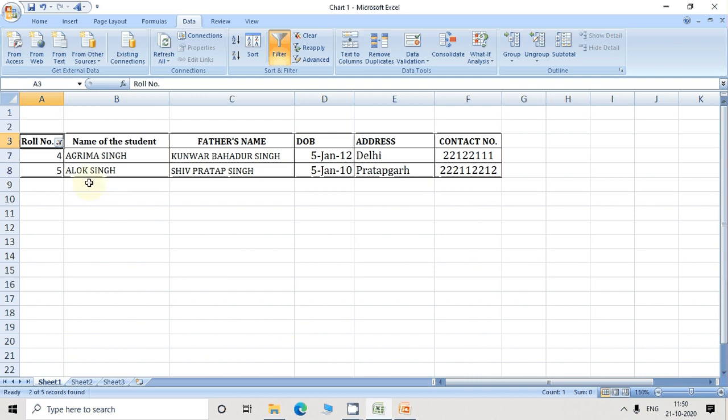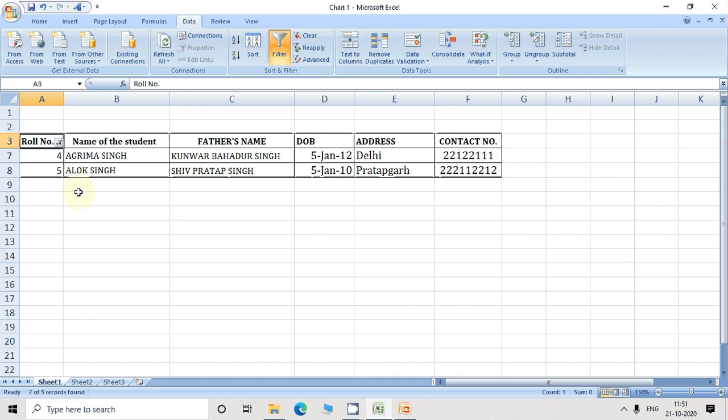So you get the roll numbers 4 and 5 and the details of those students whose roll numbers are 4 and 5, which is more than 3. So in this way a filtered list will appear with a filter sign on the roll number heading. In the roll number column you see this filter sign, and if you move the cursor on this filter sign, you see the box giving the information roll number greater than 3. So this list comes after the filter whose roll number is greater than 3.